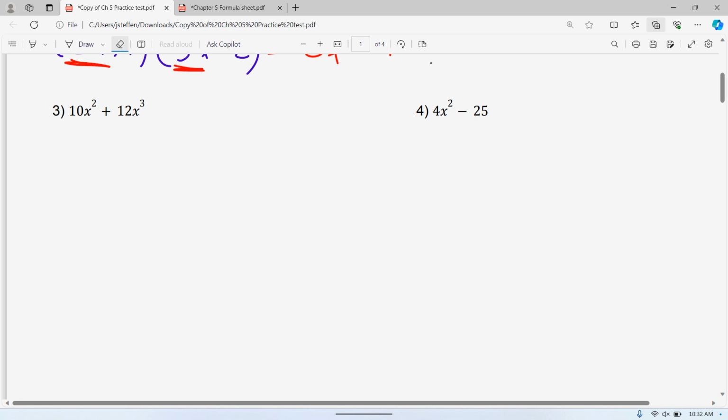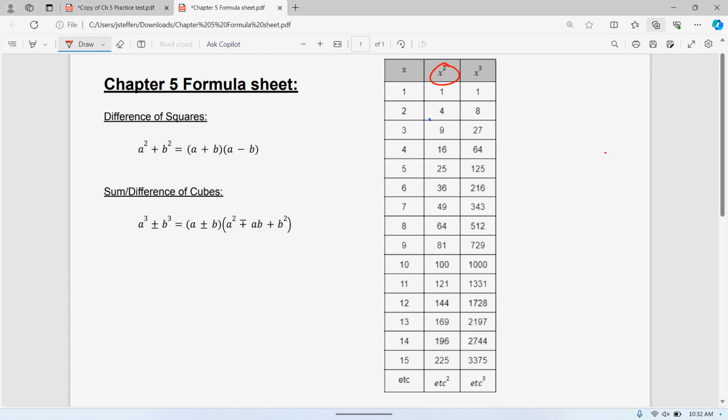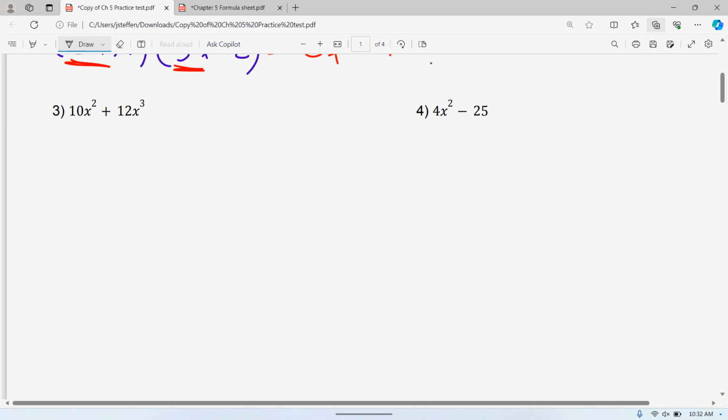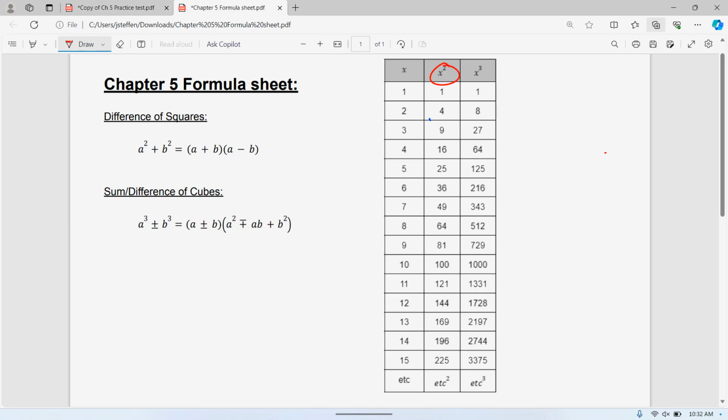Number 3, when you look at this, the 3 things we're thinking about: is it a difference of squares? Well, again, if you look at your perfect squares here, there's not 10 on there anywhere, and there's not 12 on there, so it's not perfect squares. What about a sum or difference of cubes? Because that's another one of the terms. So it's not a difference of squares. It's not a